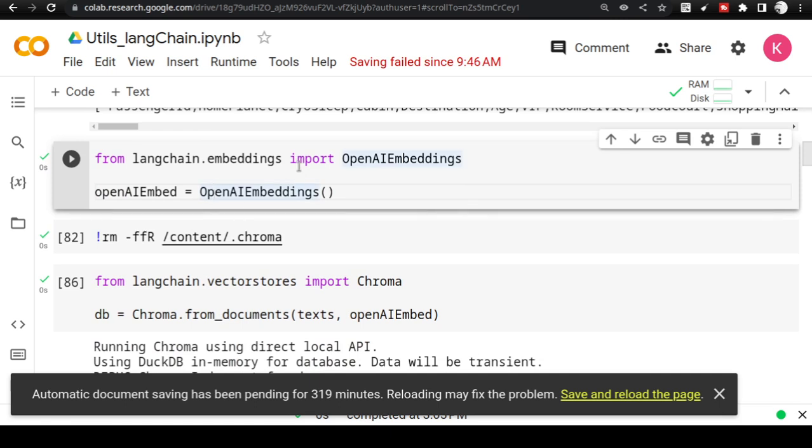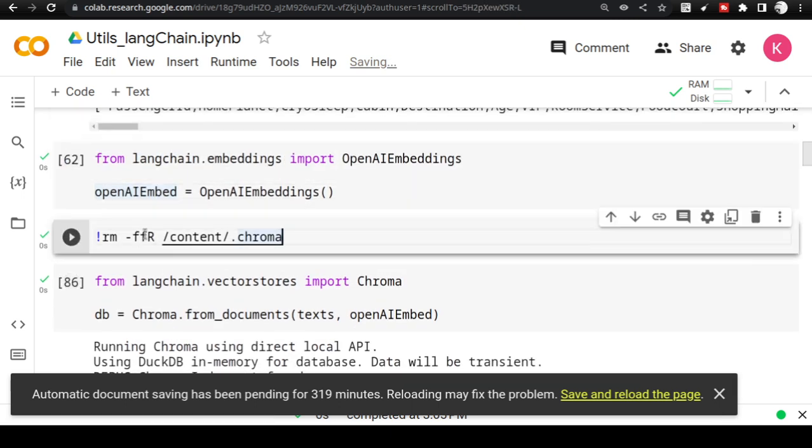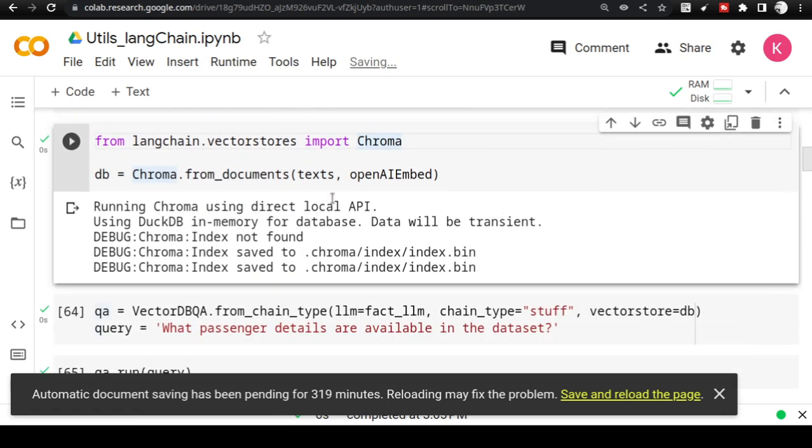So we are going to call langchain.embeddings. Inside that module we have OpenAI embeddings. These are all modules under the LangChain library. Inside the embeddings module we have the OpenAI embedding class. I just have to call it, and it will be assigned to this variable. Ensure that you remove this folder by executing this command so that it is not in your local environment. This will create the embedding, and then by using the vector stores,